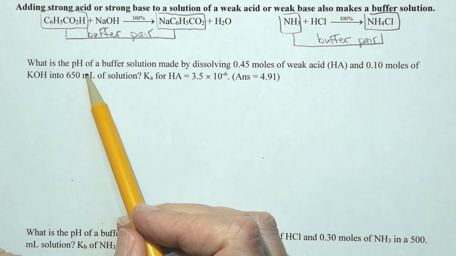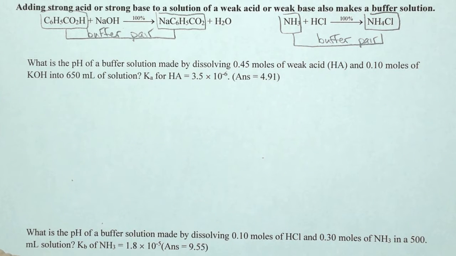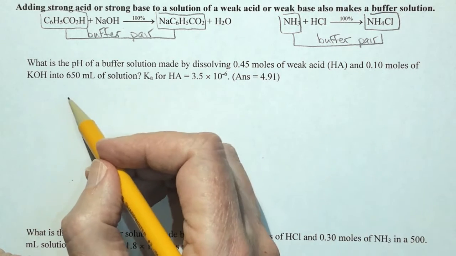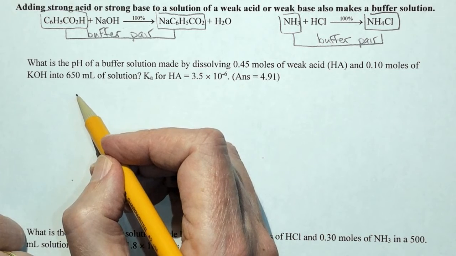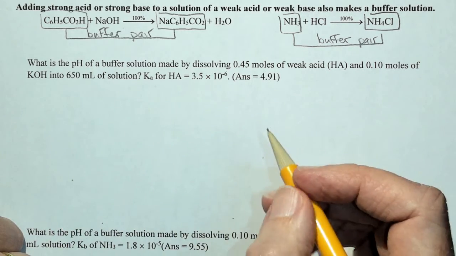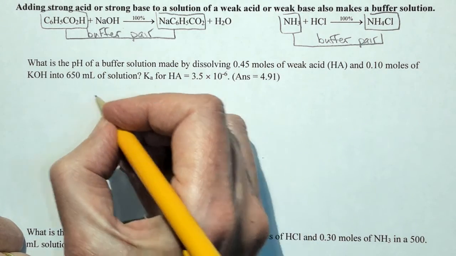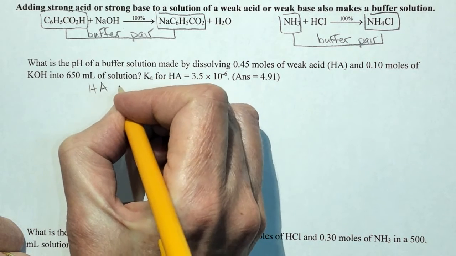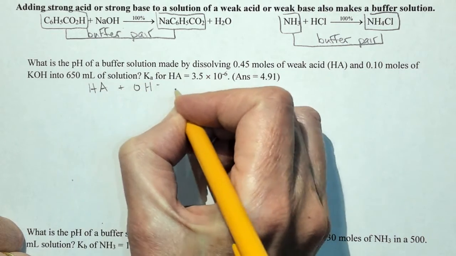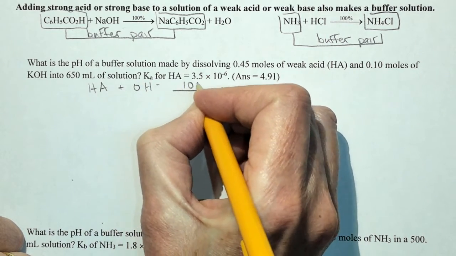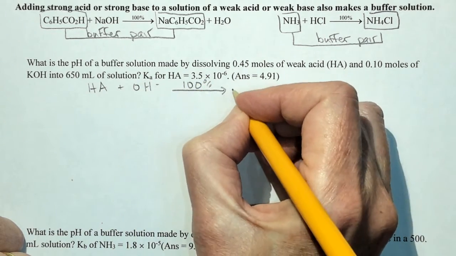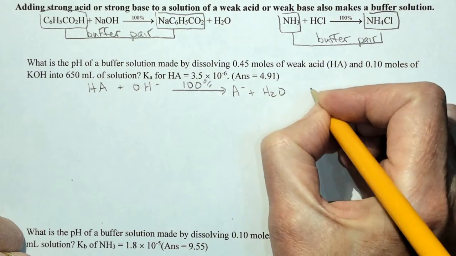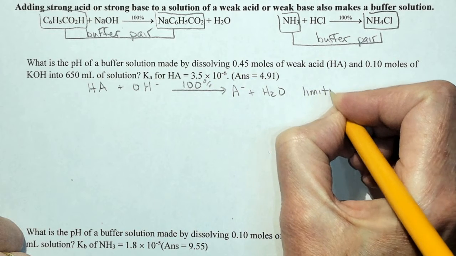So here's the question: what is the pH of a buffered solution made by dissolving 0.45 moles of weak acid, HA, and 0.1 moles of KOH into 650 mLs of solution? If we look at our reaction, we are going to be making HA plus OH minus, and because this is a strong base, it's going to go 100% to making the conjugate base and water. So this is a limiting reagent problem,